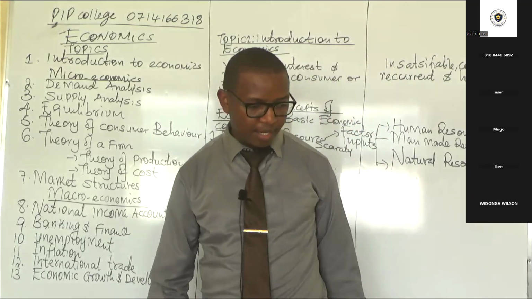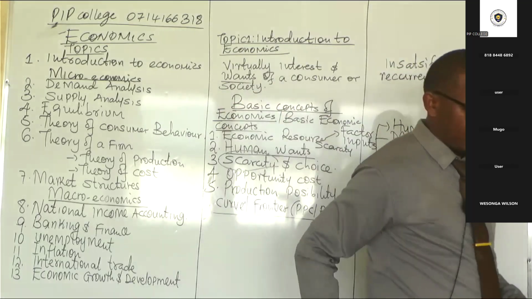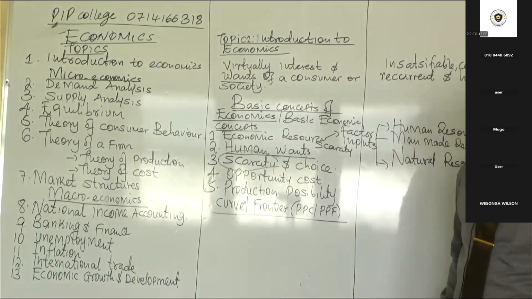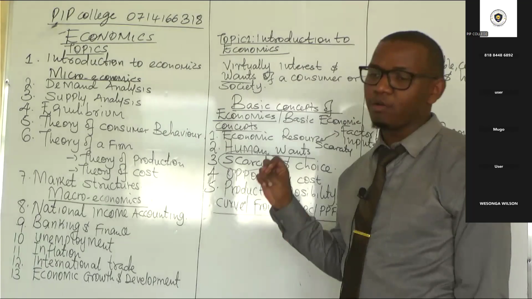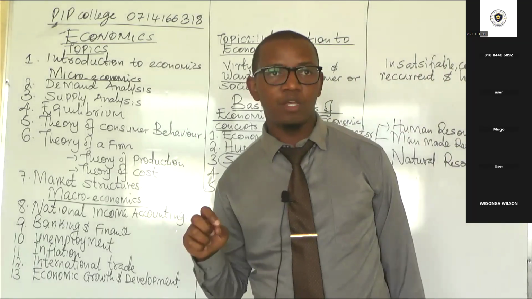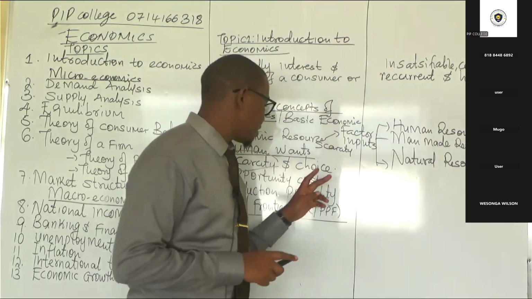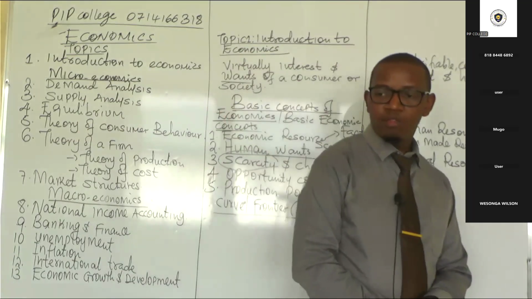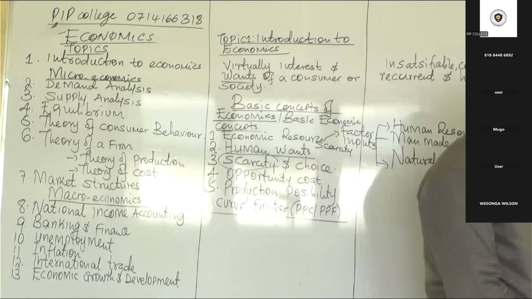That is number 3, scarcity and choice. You see, this is the basic economic problem